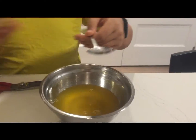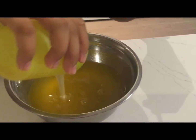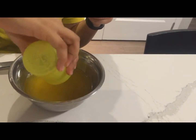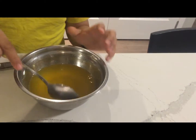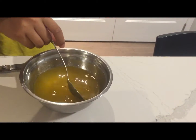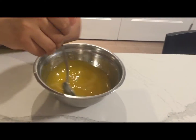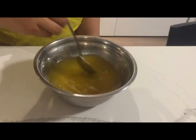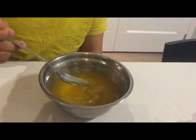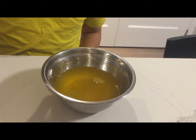Now we've done that, then we add our gelatin mix into the jello mixture. And now we stir even more. It's kind of getting a little bit to becoming jello. So now what we do is put our spoon aside,